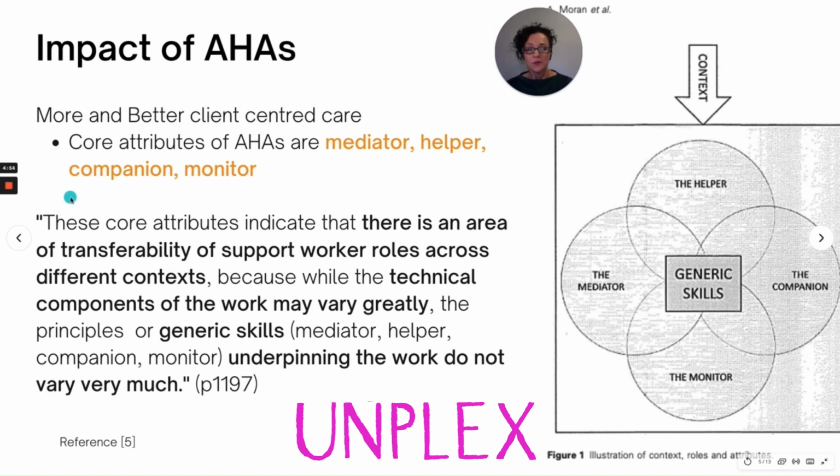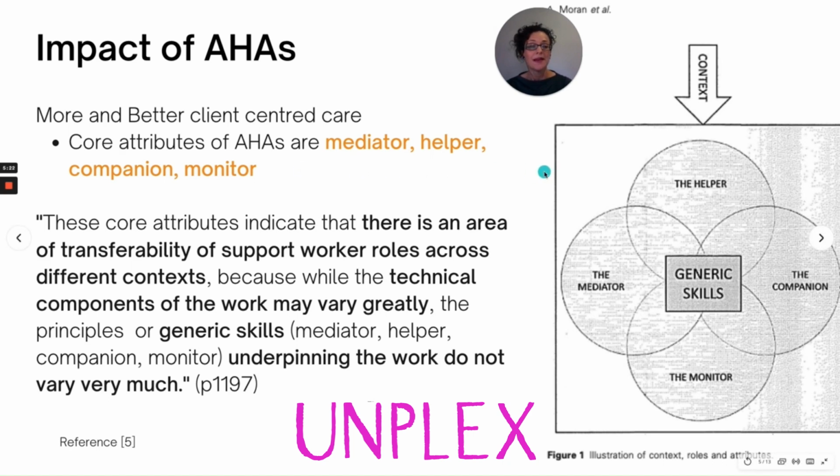The core attributes of AHAs, as outlined in this graphic and in this reference here, which is at the end, are that allied health assistants are mediators, helpers, companions, and monitors. We're going to be going into quite a bit of depth on these when we talk about recruitment of allied health assistants. So please focus on these when we get to that module. But in essence, what I'm trying to say here